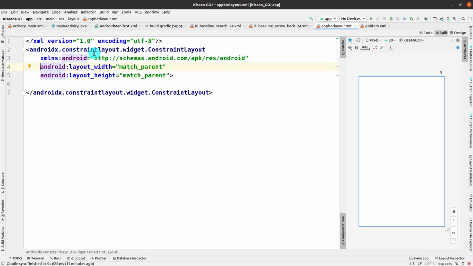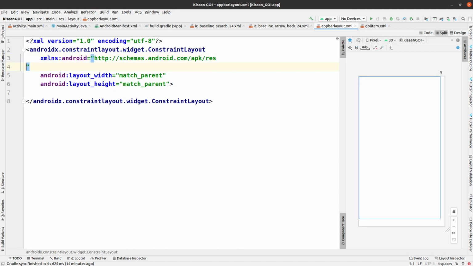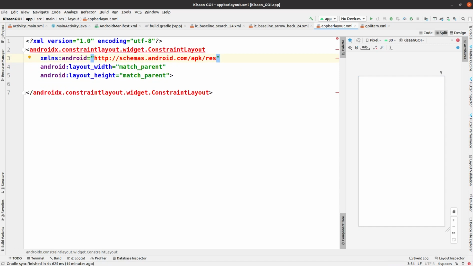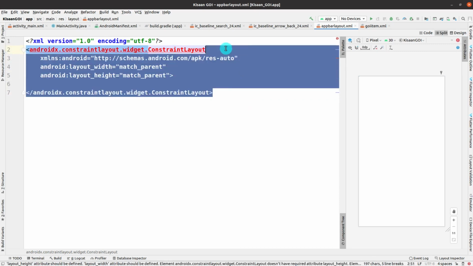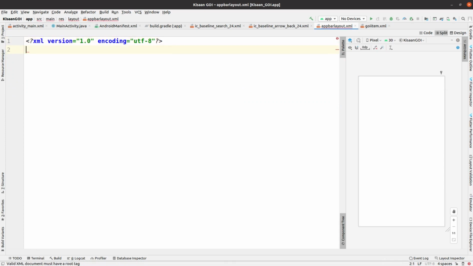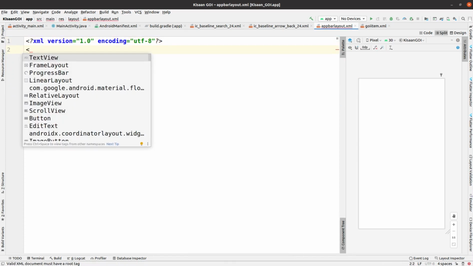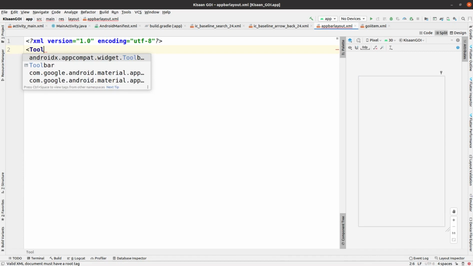Okay, so now let me see what goes on here, and you can see that this is the constraint layout of this app bar layout. So first of all, let me check what we need at that time. Okay, so remove this whole thing.